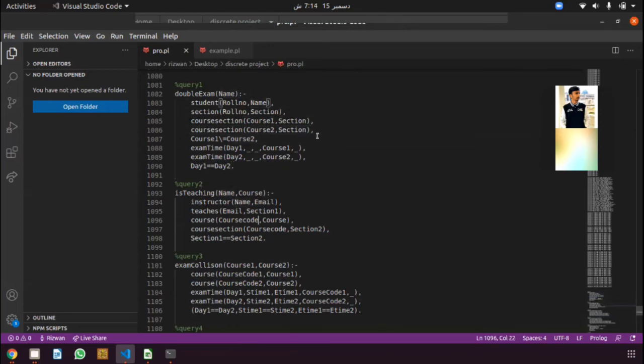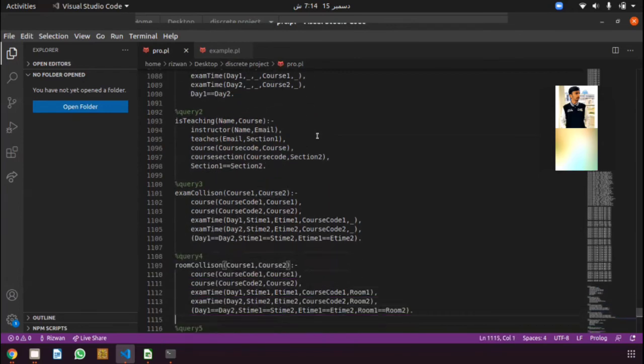So now I will explain the even number of queries, and the first one is query number two. Query number two tells us whether the given name of the teacher is teaching the course which was given by the user. The first knowledge base we use here is the instructor knowledge base, which will provide the email of the teacher, and the next one is the teacher's knowledge base, which will provide the section the teacher is teaching.